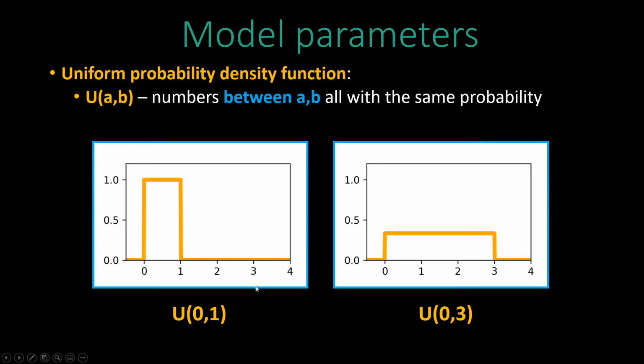In this case, we are getting all numbers within this range with the same probability, whereas in this case, we are getting numbers within this range with the same probability. So you can notice that this one is higher, this is 1, and this is somewhere around 0.3, I guess. Well, it's because this area is larger, and all of this has to sum into 1,